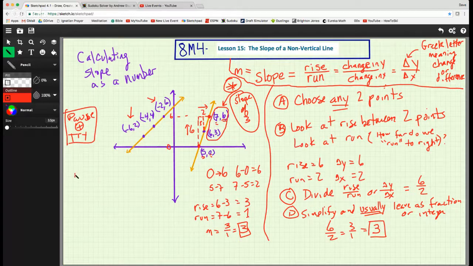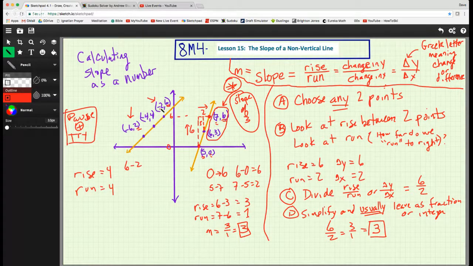We rise 1, 2, 3, 4. Sorry, it's kind of messy here, but if you see it, we go 1, 2, 3, 4, and we're going to run 4. We go up 4 and over 4. So our rise is equal to 4. You could have calculated it by saying 6 minus 2, subtracting your y's. Y is always on top. And your run is equal to 4,